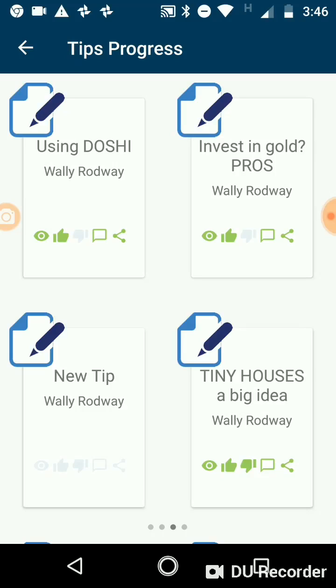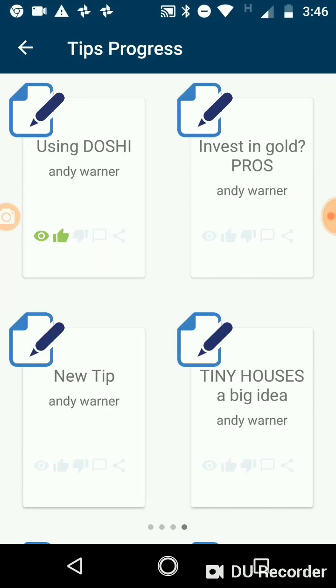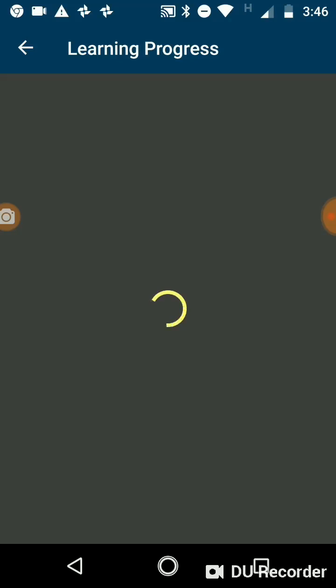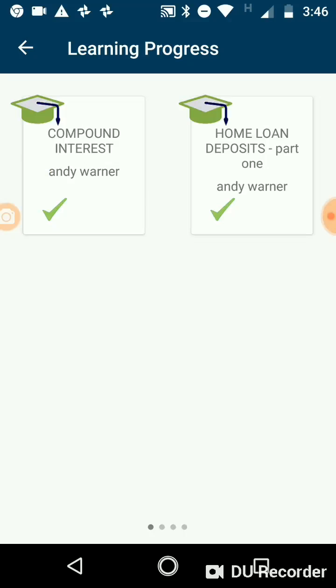See, Wally Rodway's been active with 3 proper tips there, as has Andy Warner, who has done precious little with those tips. And so you are able to use the action or inaction as a means to reaching out and making contact and building a relationship. You can also see the other form of advice and financial knowledge that is used on